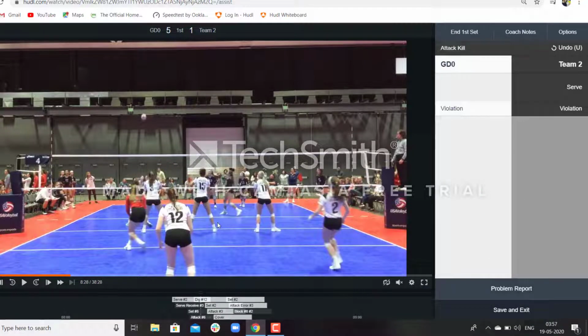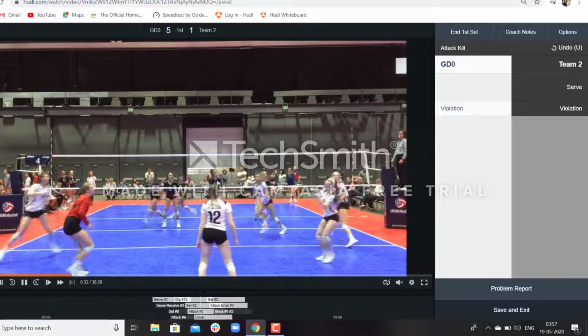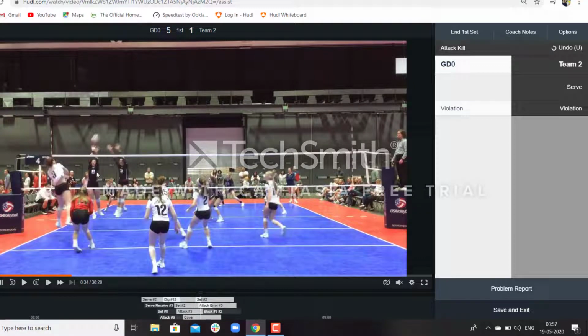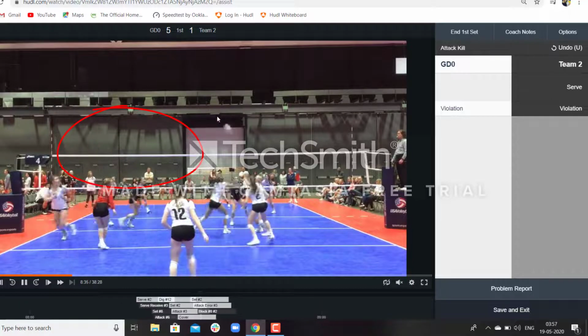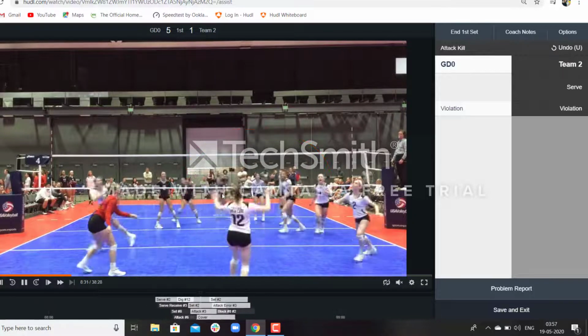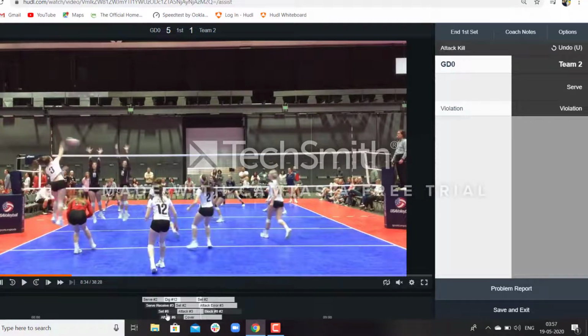Now let us learn about cover. As you can see, number 3 is attacking and the block team, that is team A, is trying to block the ball. So they made a deflection and after that the ball ended again for the same team, that is for team B. So this is called a cover and the attack location for this would be marked